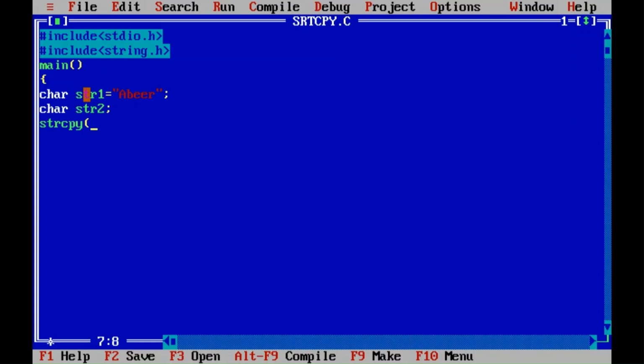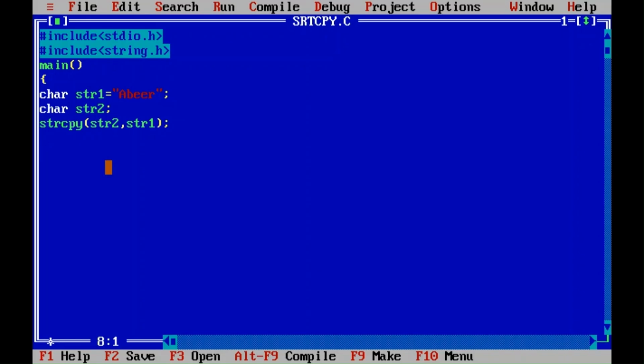So we are going to copy str1's value to str2. The one in which we are going to copy, we write first. So here we write str2. Which value are we going to copy? str1. So here I'm going to close this. So you can see the strcpy syntax.